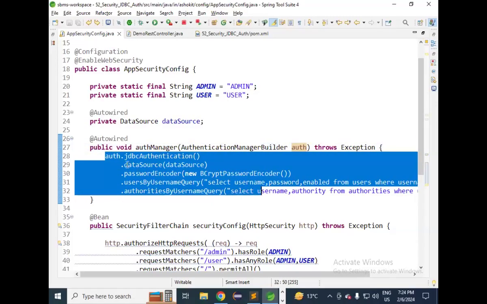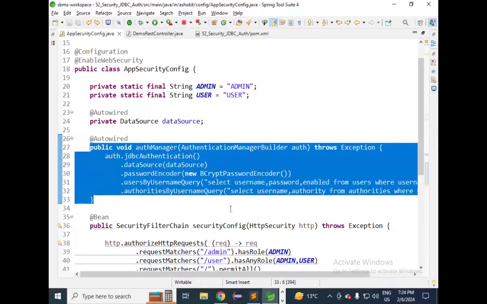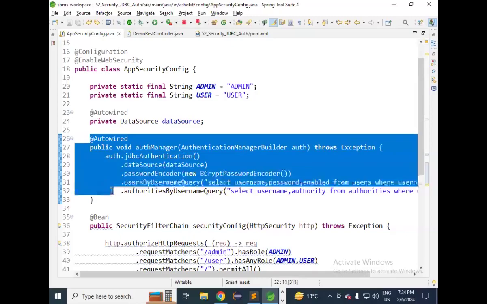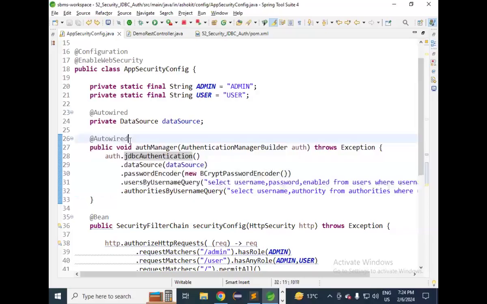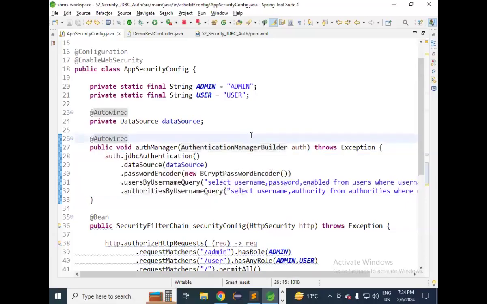That's it. So when I use @Autowired, what is the meaning of that? The IOC container will call this method by passing this Spring Bean object. This builder is already a Spring Bean object, so it is a kind of setter injection, guys. In setter injection, we write a method taking one object as a parameter, and the IOC container performs the setter injection here. This is already a Spring Bean, and we get it as a parameter for the method, and for that object we set some data: what type of authentication it has to perform,